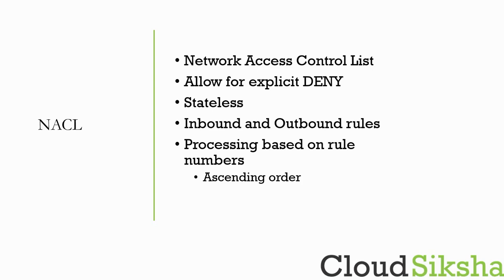Now, NACL is basically a set of rules written, and each of the rules has a number. So, there is a processing formula that NACL follows. The way it does is that it starts with the lowest number rule and proceeds to the highest number rules. This is an ascending order in which it will evaluate the rules. And at any point in time, if the condition currently matches the rule, then it will stop all processing. For example, there is traffic coming on SSH, and from, let us say, an IP like 192.168.2.34,